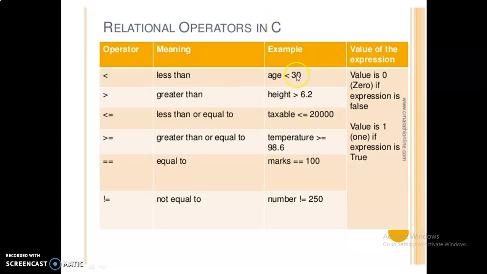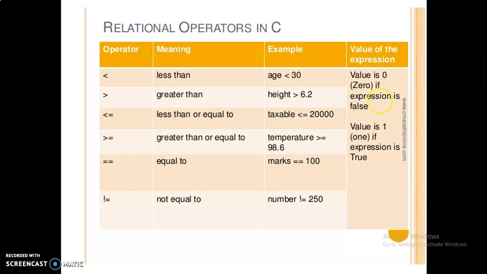Some conditions are shown here. If age less than 30, if height greater than 6.2, if taxable is not equal to 20,000, if temperature greater than 98.6, if marks equal to 0, if marks equal to 100, it will be true, otherwise it will be false.